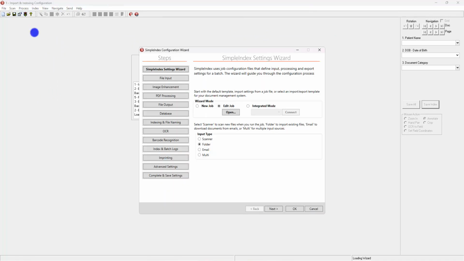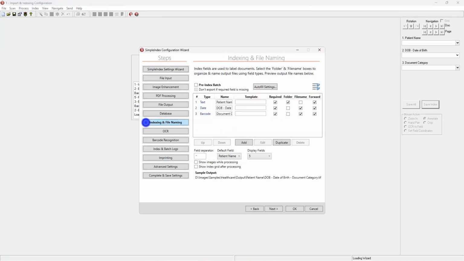So here, as I mentioned, when that blue text was showing up, that was the forward. And we talk about this in the basics of setting up a job, but if you haven't looked at that, let's talk about it just a little bit here in this barcode job. So all that means is we've got this option right here, forward, checked, and you can see it's checked for each of the 3 fields, and that just is telling this simple index that we're going to take,